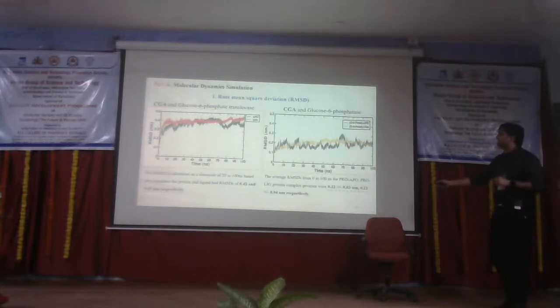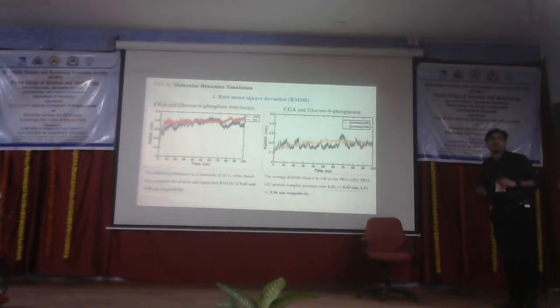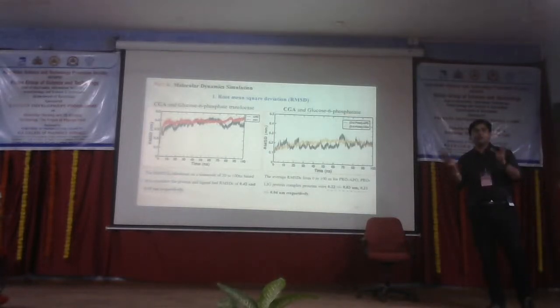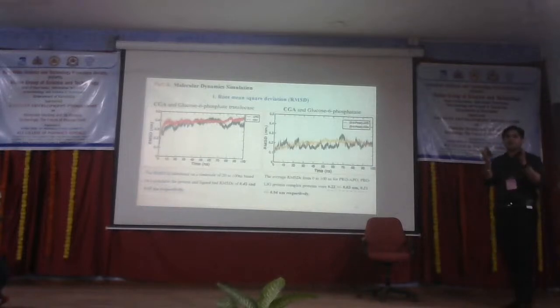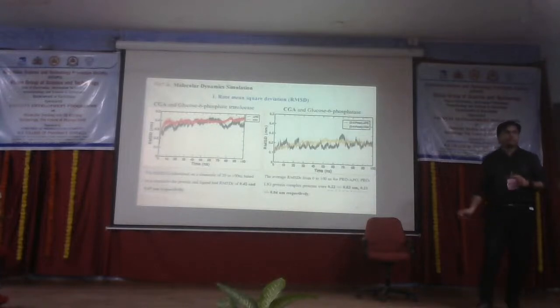Throughout my 100 nanosecond interval, it takes around 6 to 8 days to obtain this image, sometimes even months. If you are running for 500 nanoseconds, it will take weeks to months to generate these images to check the stability of your docked complex. This is how my ligand, when bound with the protein, is stable. That stability can be checked by understanding this root mean square deviation,